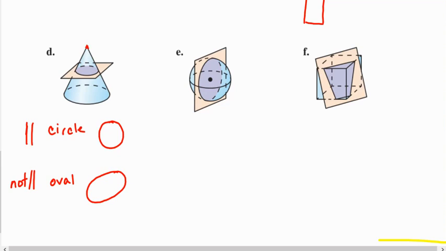Here we've got, for E, a sphere, and this dot in the center indicates that this